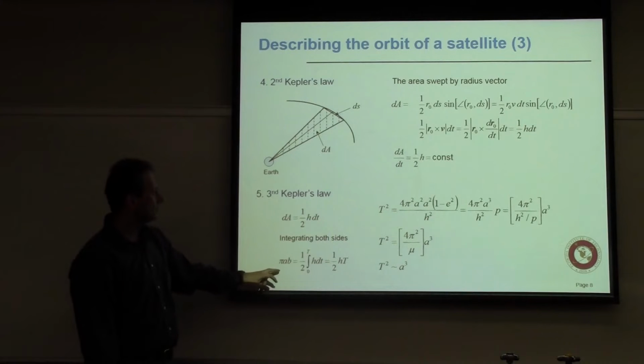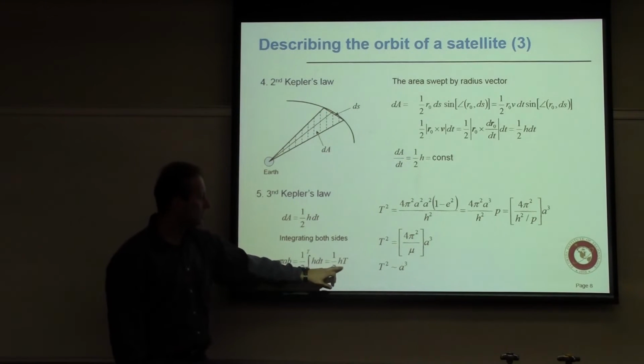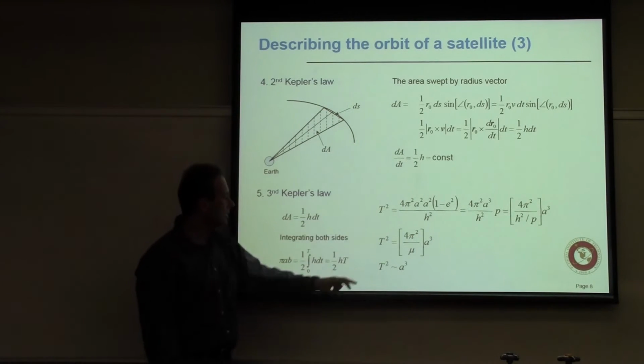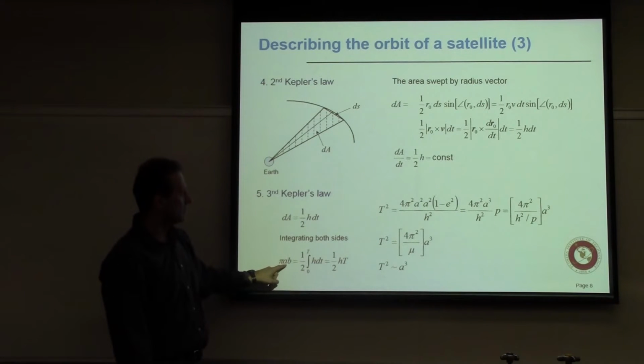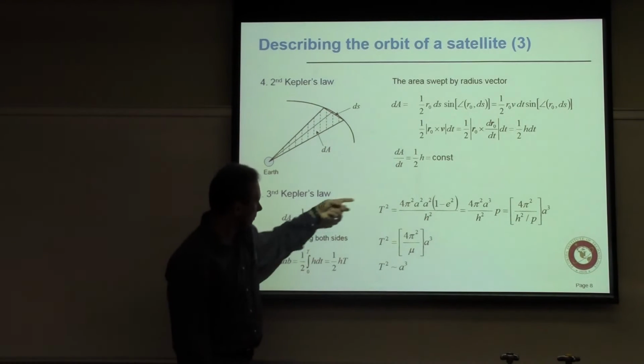Now, if you look at this, I can express T, and if I square it, and I use my relationship for A and B that I have derived on a previous slide. As a matter of fact, I just used the relationship for B. Then I have that T squared is equal to 4 pi